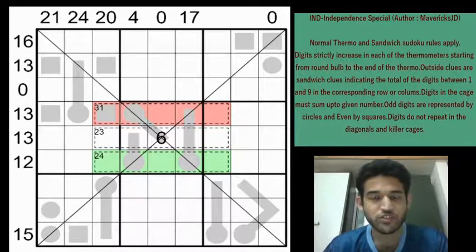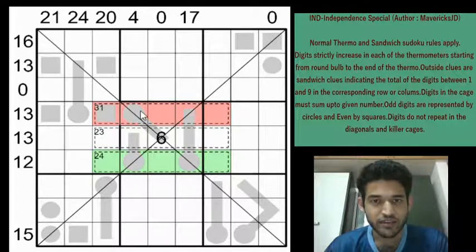We will move on to the rules of the Sudoku now. There are many variant rules incorporated in a single Sudoku. First we will look at the killer rules. There are 3 cages as you can see inside the grid in saffron, white and green. Those are the colors present in an Indian flag. So the digits inside the cage, when you sum them up, you will get the clue given in the corner of the cage. And digits do not repeat inside the cage. Those are the rules of the killer.